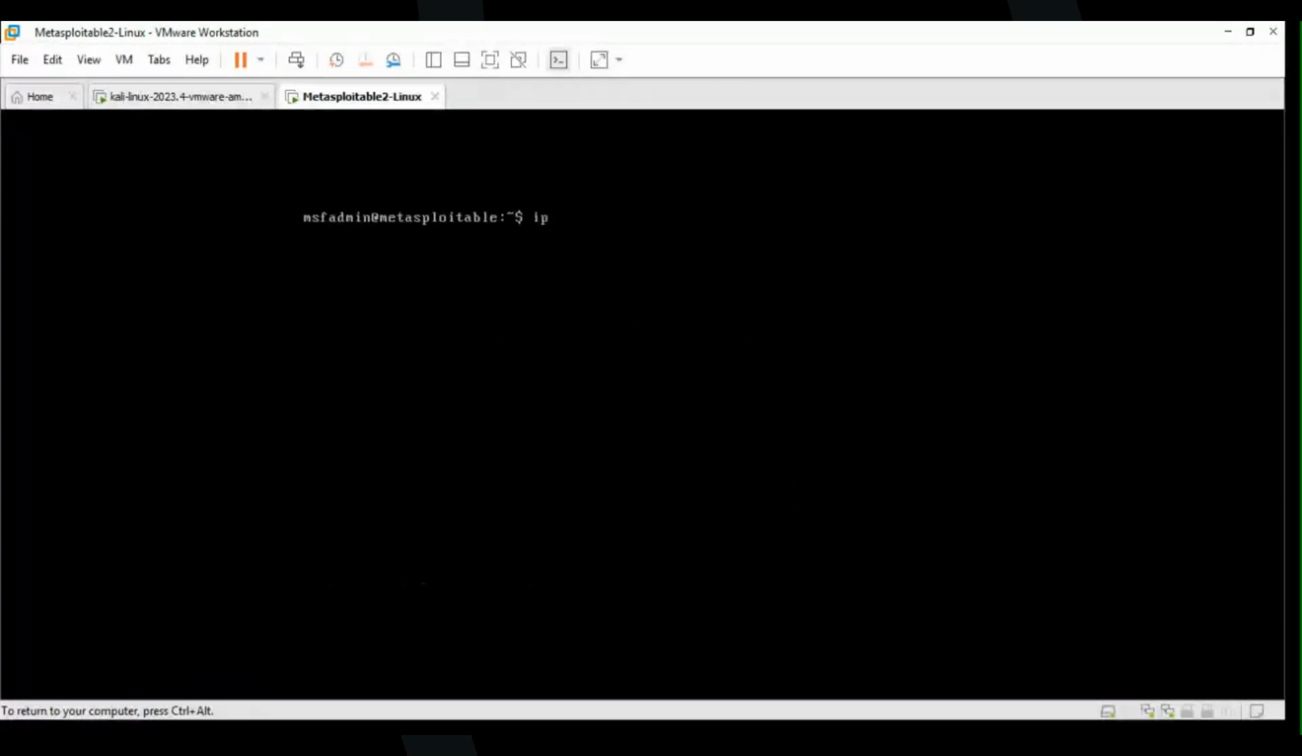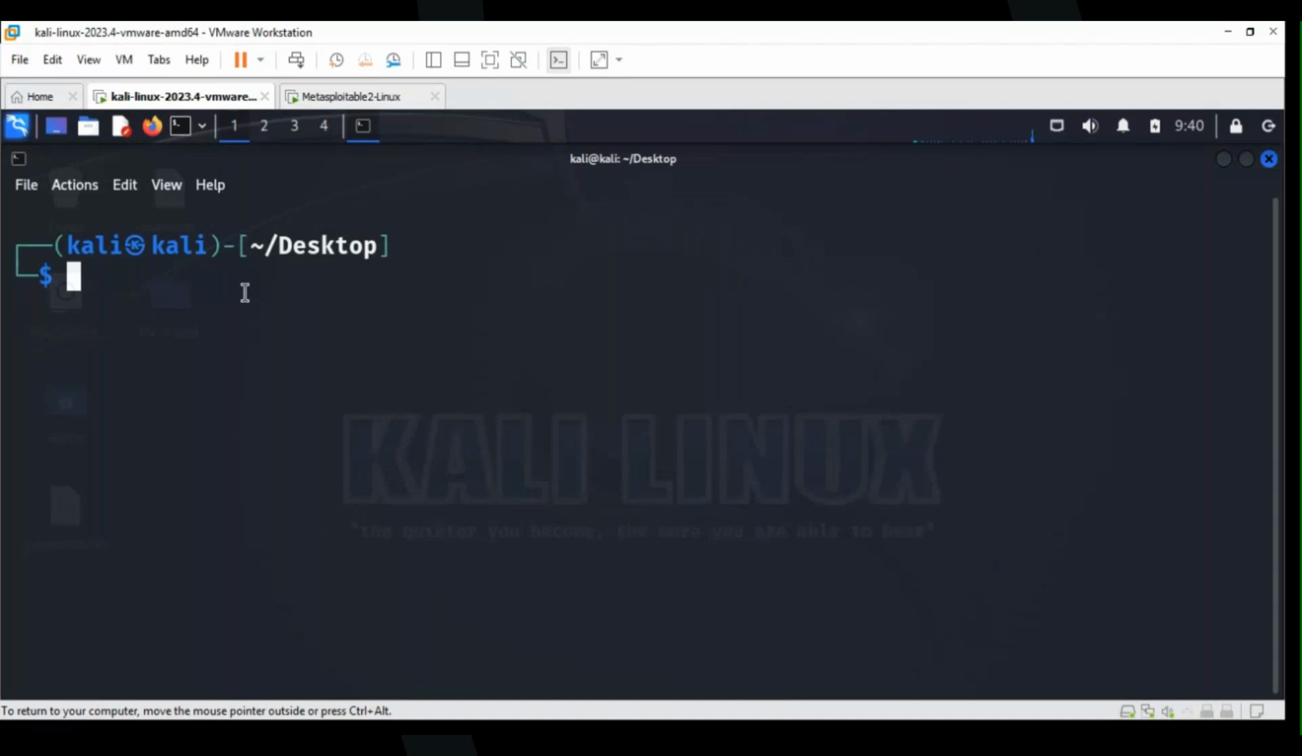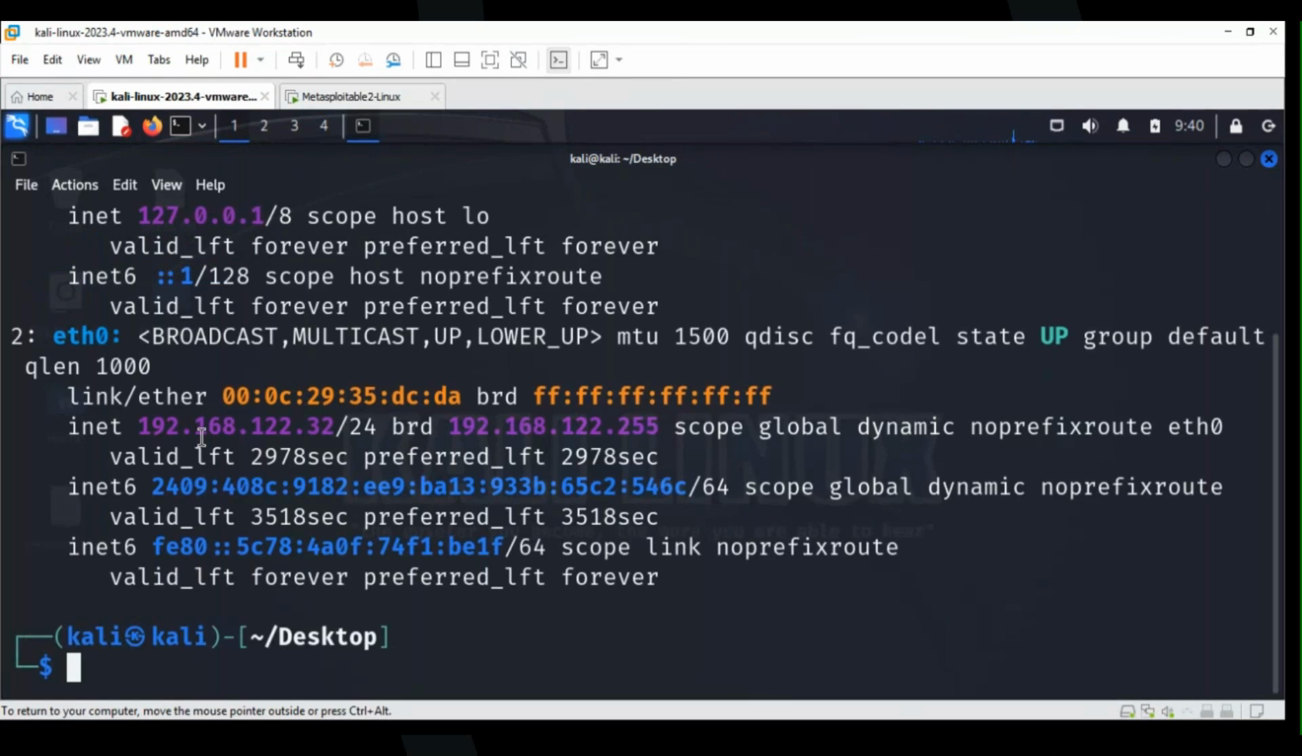Okay, so once it is logged in successfully, you type ip space address and make sure what IP you have: 192.168.122.179. This is your Metasploitable machine IP address. From this, again you type ip space address and press the enter key. In this machine I have this IP address, so I wanted to test the communication between Kali and Metasploitable. You type the same IP. The targeted IP is